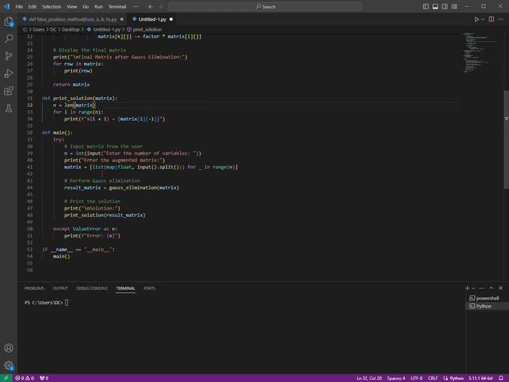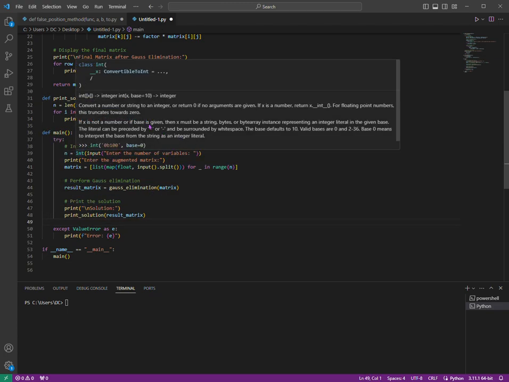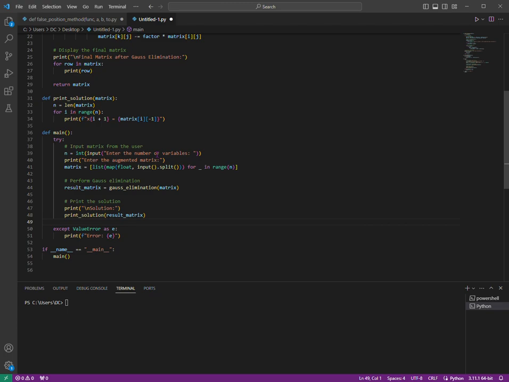And after that, here's the main function that first takes input from the user. You can also hard code the input if you want, or you can take the input from the user. What I chose to do here is take the input from the user, and in the first line you can see that the user has to first enter the number of variables. Now what I mean by this is